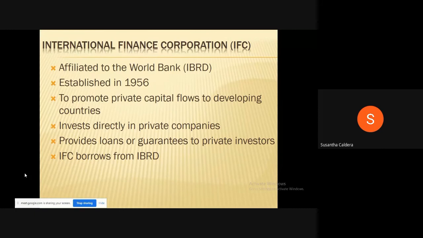So we have to import the raw materials and machinery. Everything we do is revolving around international trade operations, right? Okay, I think I managed to cover it